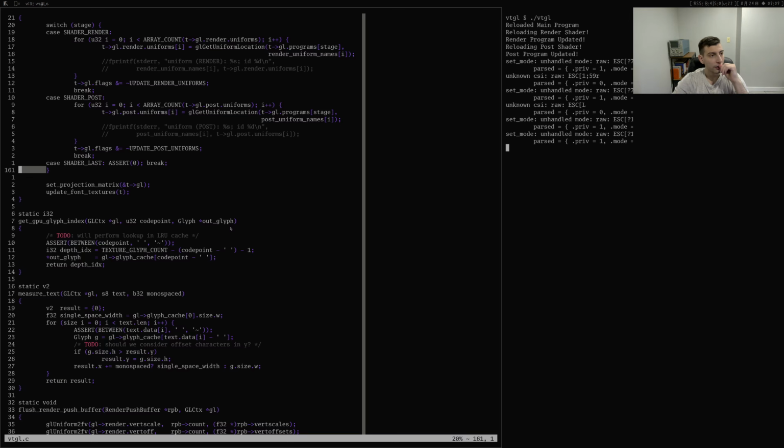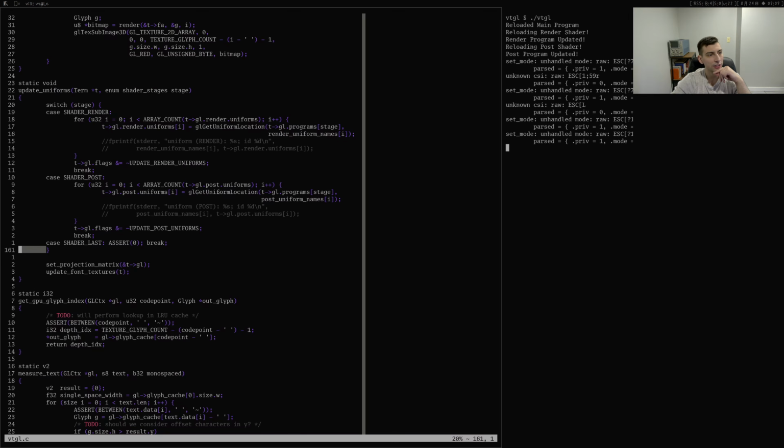But if that doubly linked list is actually just indexes into a table, it might not be so bad. So yeah, let me think about that. So what we want to do is basically have,